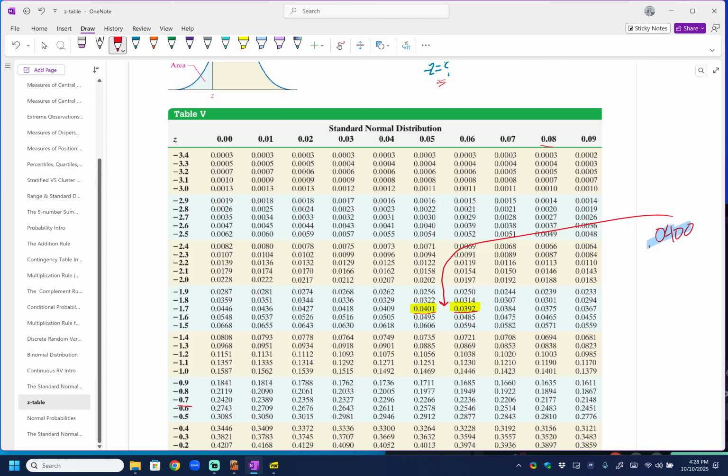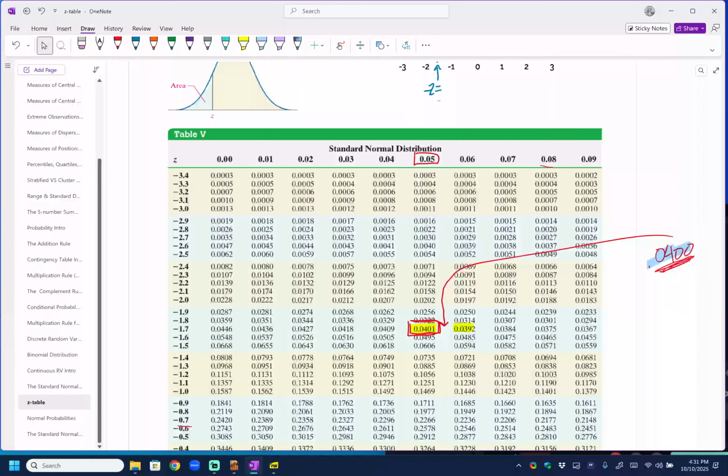If very clearly, this number is closer to this one, we therefore ignore the other value that it's not as close to,